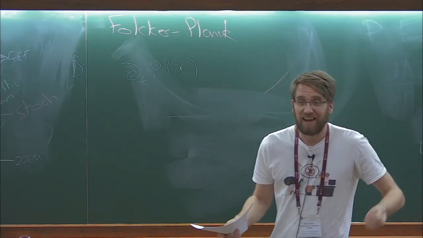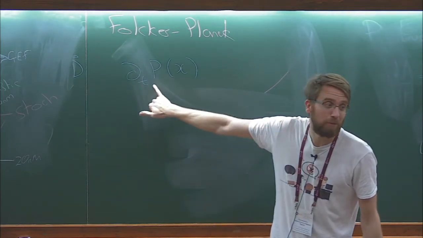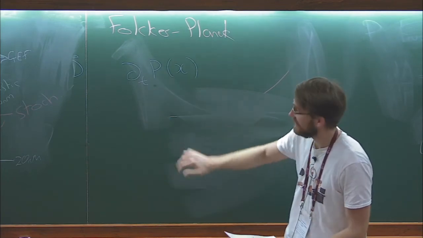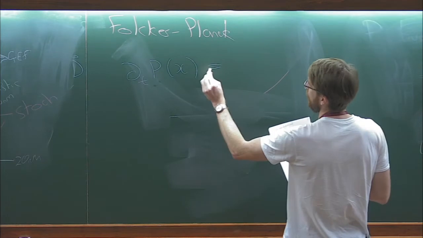You cannot say X leads to Y at this point. You can only say X leads to a probability of this at this point. So this is now the change in a probability due to some input X. And you can write this as